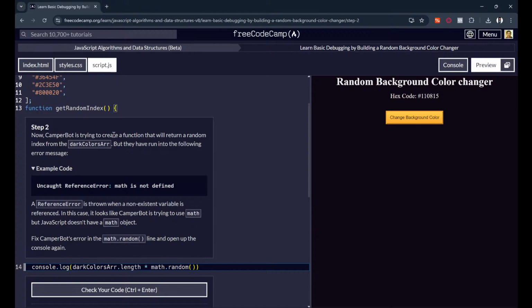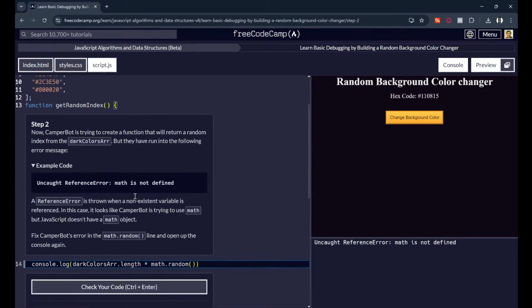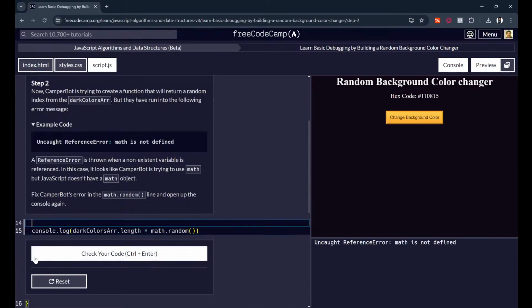So now Camperbot is trying to create a function that will return a random index from the darkColors array. Okay, but they have run into the following error message. So if I open the console, I can see uncaught ReferenceError: Math is not defined. A reference error is thrown when a non-existent variable is referenced. In this case, it looks like Camperbot is trying to use math, but JavaScript doesn't have a math object. Fix Camperbot's error in the Math.random line and open up the console again. So we have the function. This is the thing. So very simple. We'll have to just put a